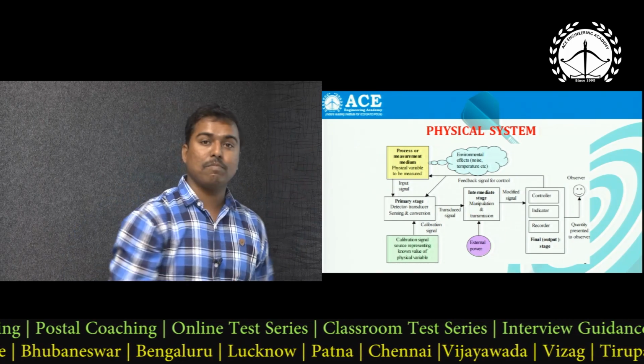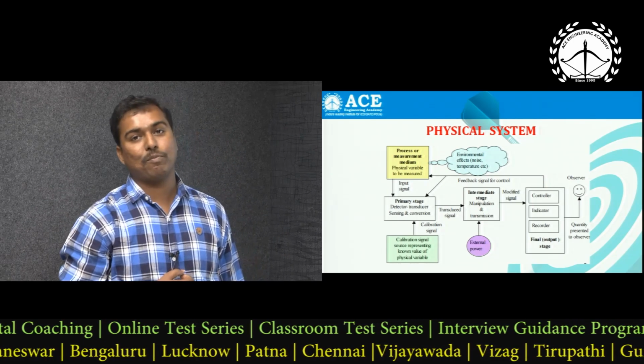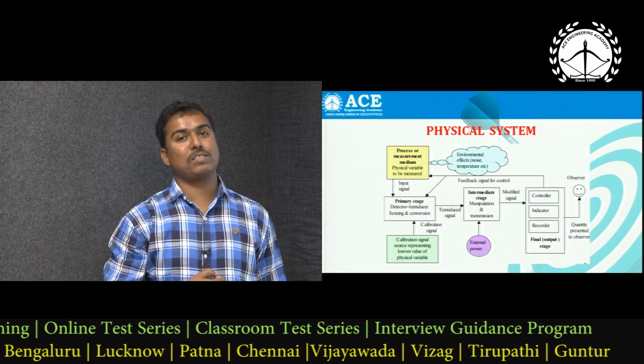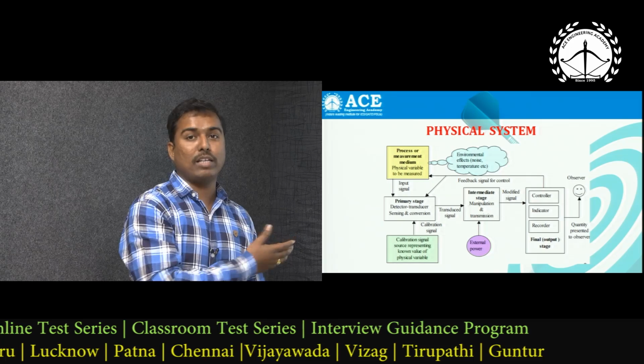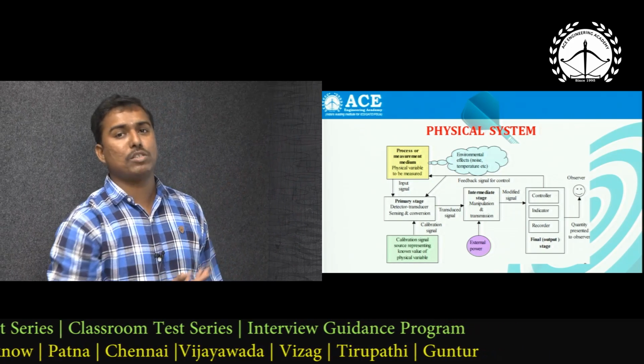Sometimes this communication can be wired communication, or sometimes it can be wireless communication also. Wired communication means the sensor is in contact with the physical process and the user has to get a wired connection. Wireless means without wire, the observer can see over a distance of 100 meters or 1000 meters also.